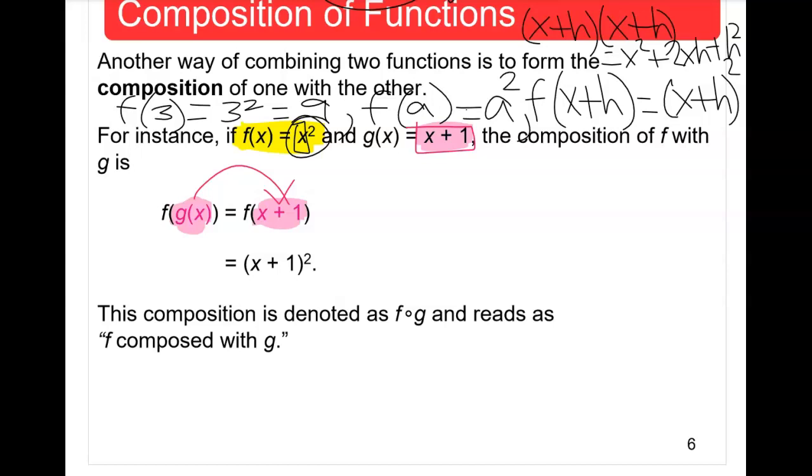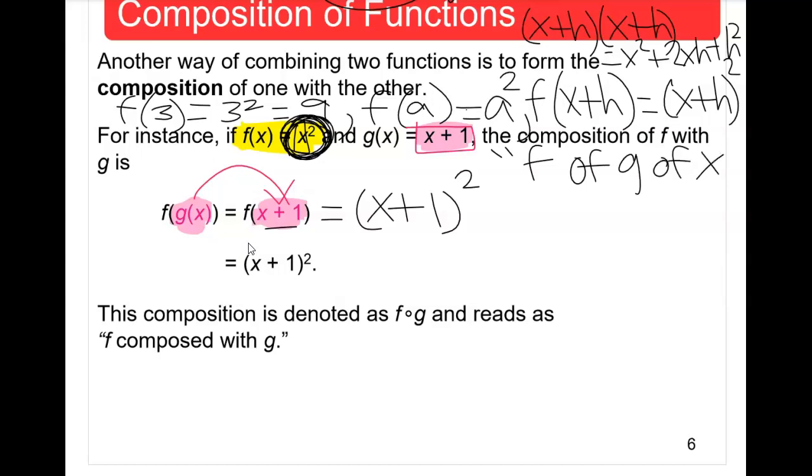So we see that function f has x squared. So I'm going to open parentheses and substitute the x with the expression x plus 1. Why x plus 1? Because we're trying to find f of g of x. That is how we read it. So that will be one valid answer, but if you are asked to simplify it even more, you will have